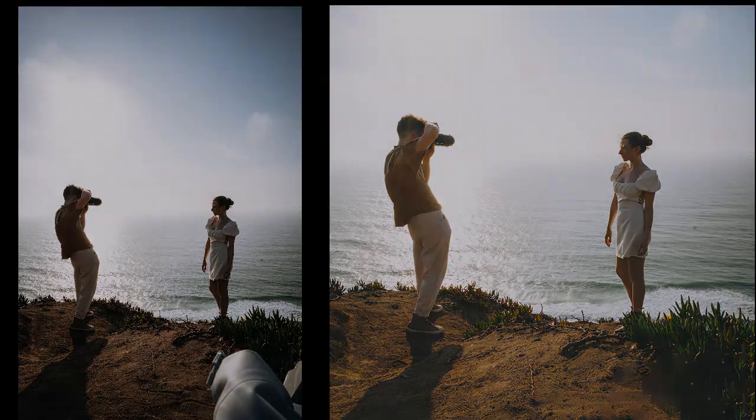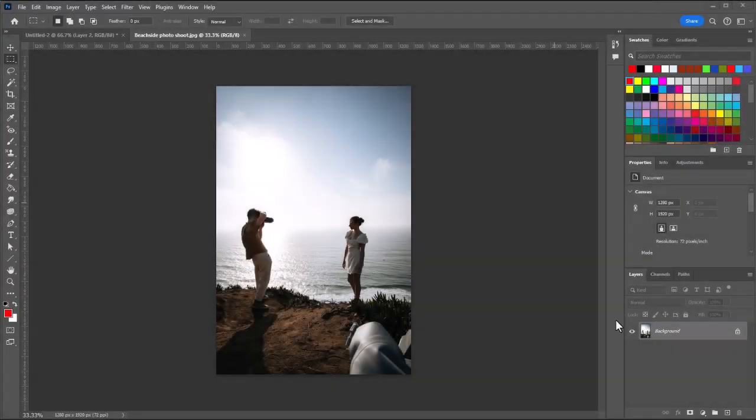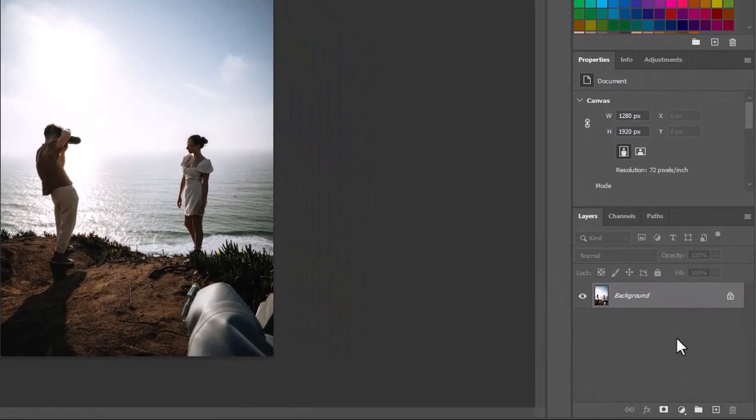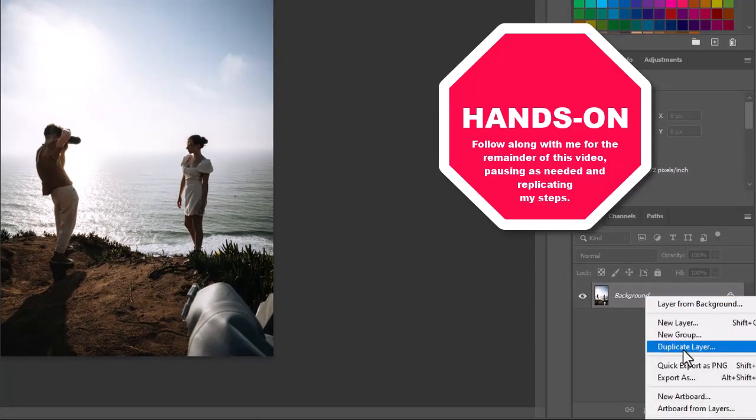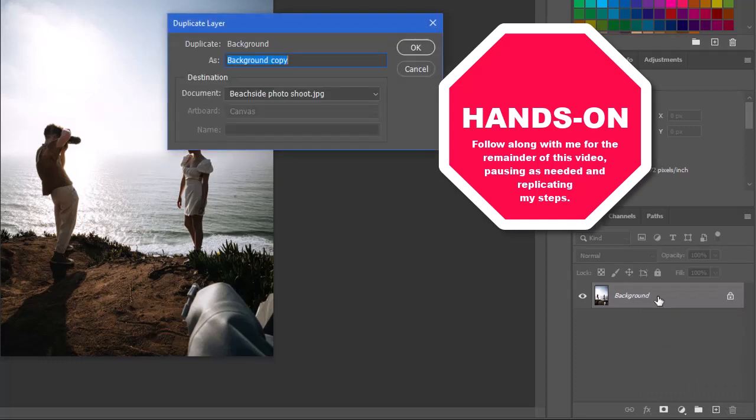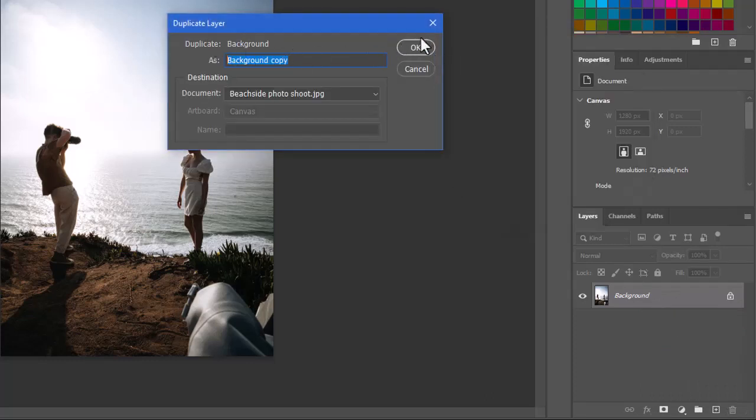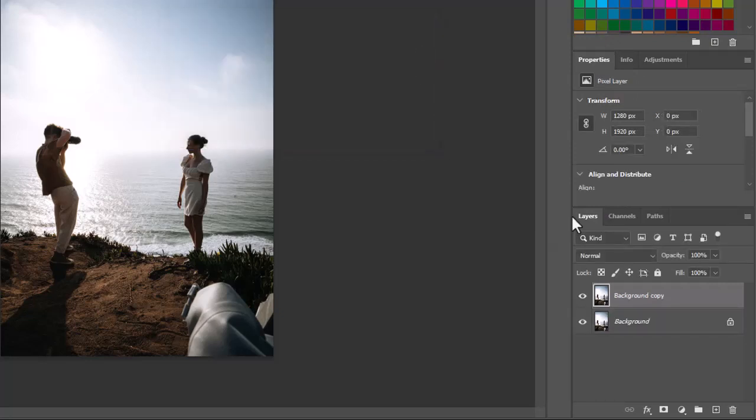Let's go over to Photoshop. As is a common practice for me, I'm going to take my background layer and right click on it. I'm going to choose to duplicate that layer. You can control click on it on the Mac. I'm going to leave it named background copy. Just say OK. I want to get rid of this gear that's down here in the bottom right hand corner,